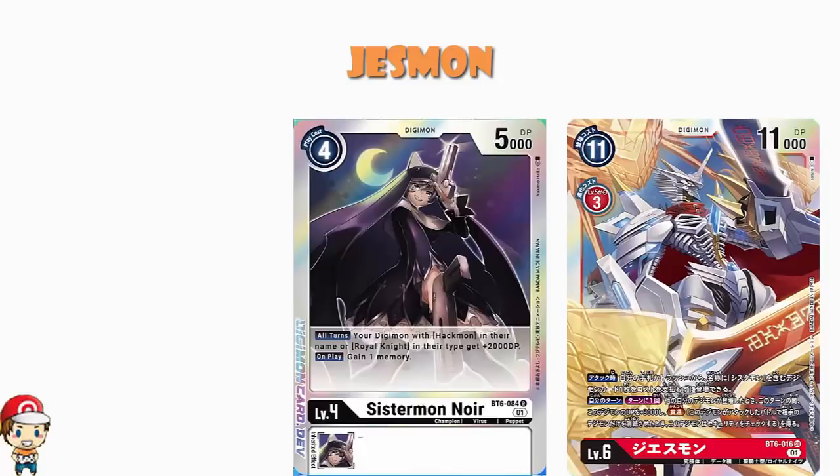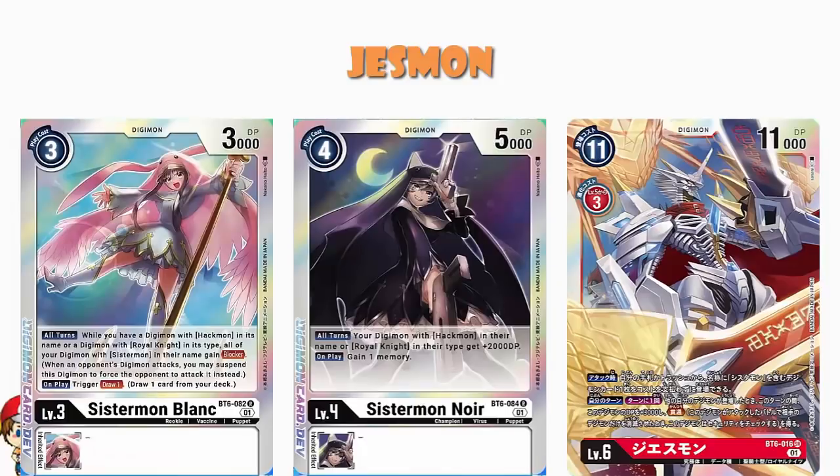So you can either play Systemon Blank for free, get a bunch of blockers, and draw a card. And bearing in mind, if you've got Jesmon out, then Systemon Blank will come down immediately as a blocker. Or I can play Systemon Noir and gain a memory, and give myself extra power if I don't have one down already. Draw a card or gain a memory while playing a card for free. This is